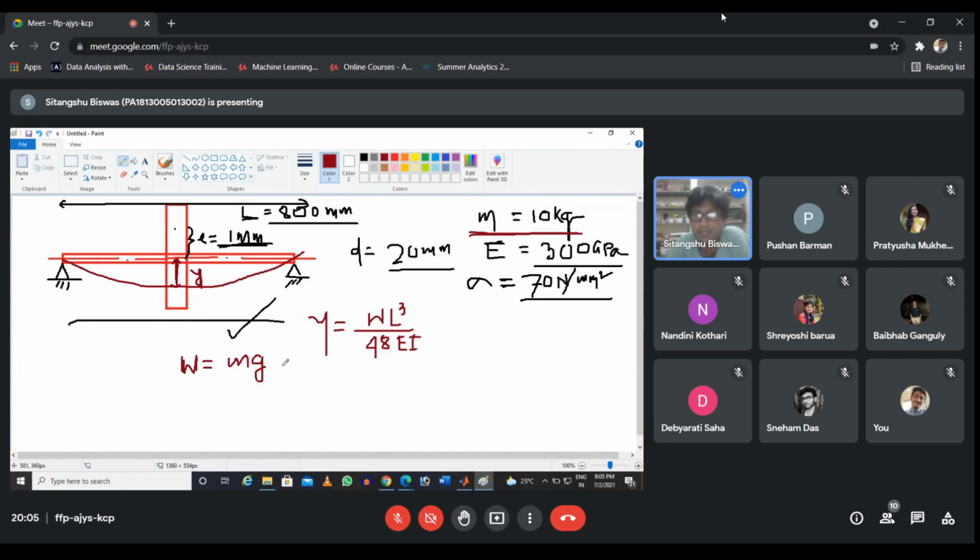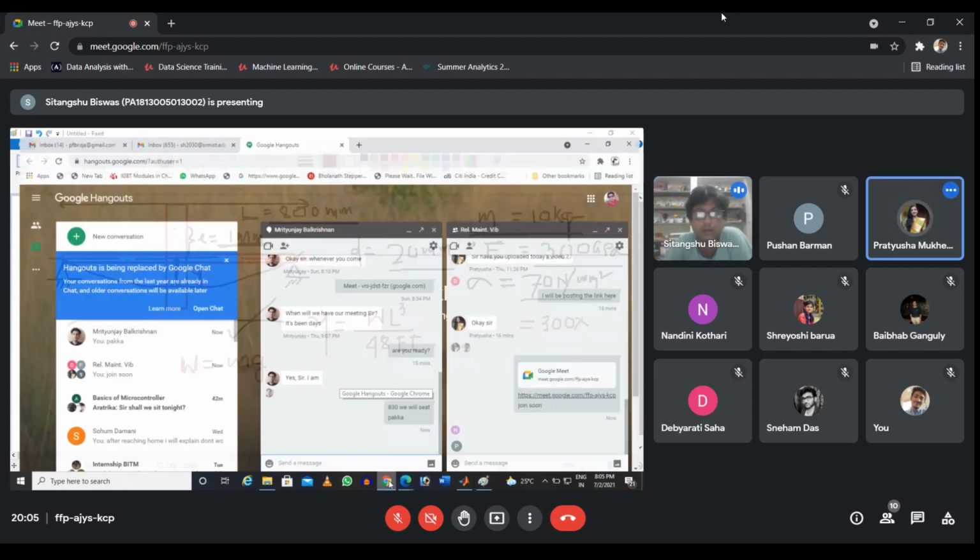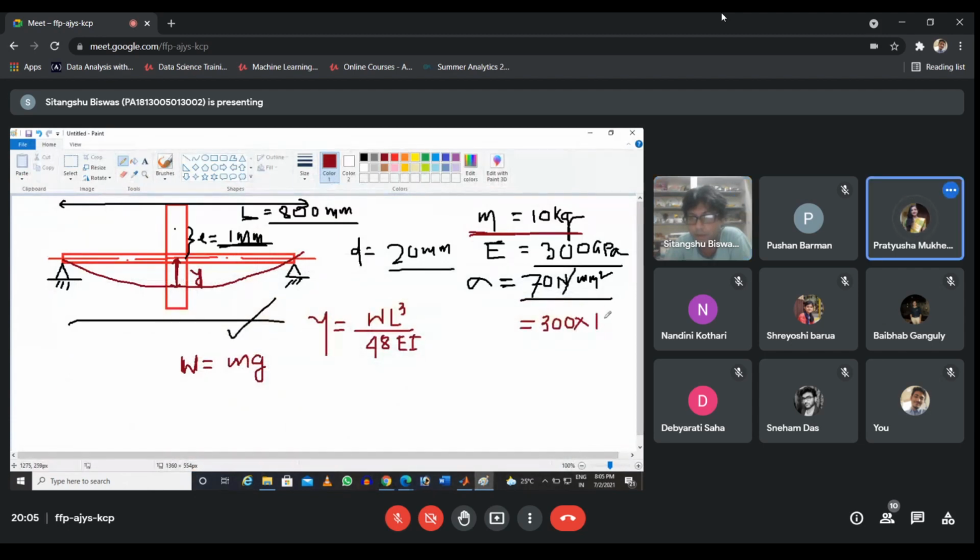Your Young's modulus is 300 GPa, that means 300 into 10 to the power 3 MPa, or Newton per millimeter square. And your I, the inertia, because it is a shaft,